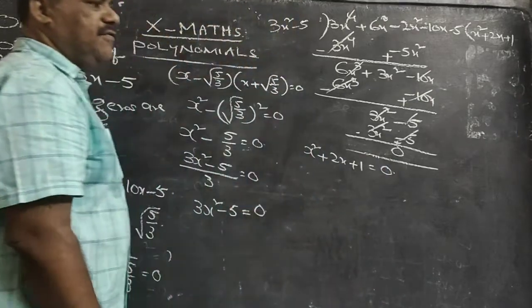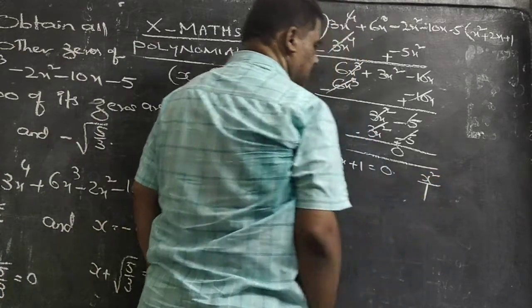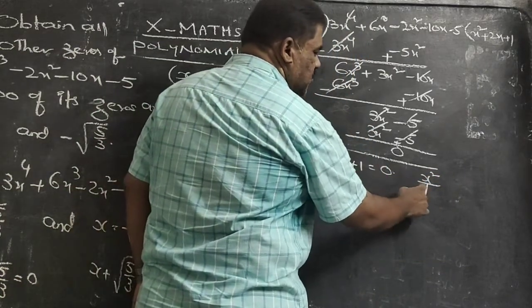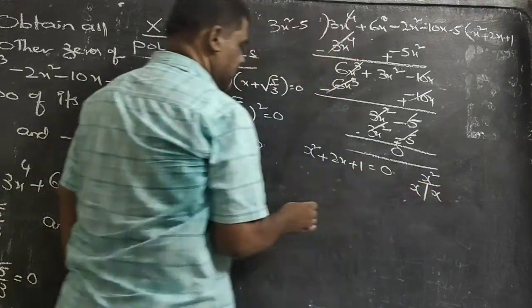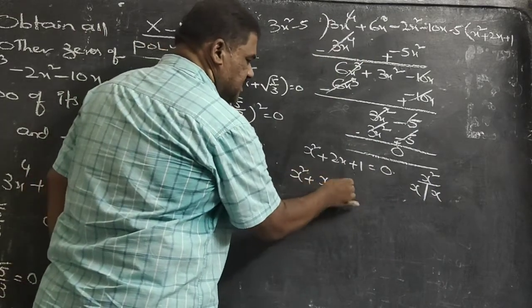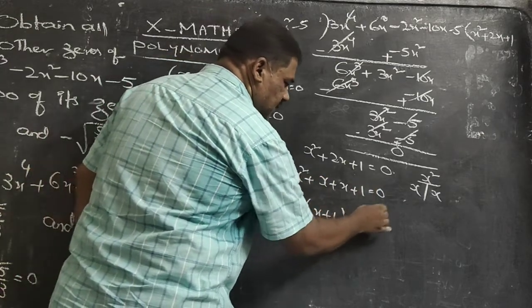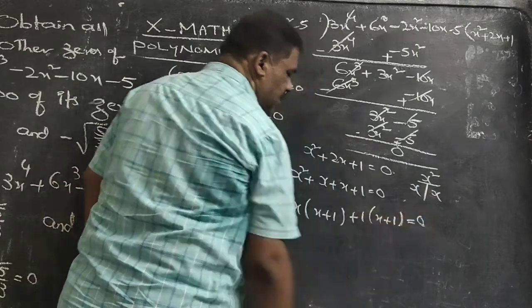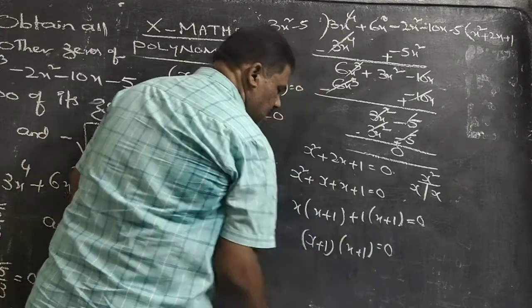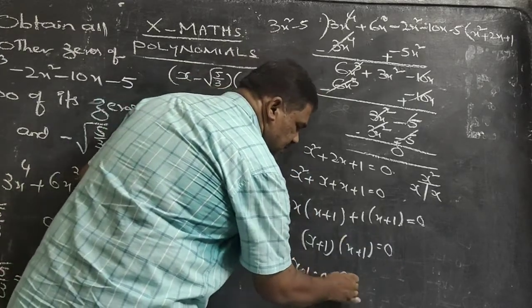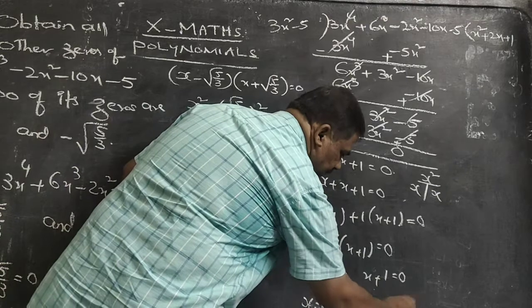You take that quotient and factorize it. 1 into x square. Divide this into 2 parts, 2 factors. On adding the 2 factors, you have to get the middle term. It is x, x. If you add, it is 2x. So it is x square plus x plus x plus 1. Here you can take x common, so we will get x plus 1. Again to get x plus 1, take 1 common. Now the factors are x plus 1, x plus 1. Product of two numbers is 0, either first one is 0 or second one is 0. So we will get x value minus 1, minus 1.